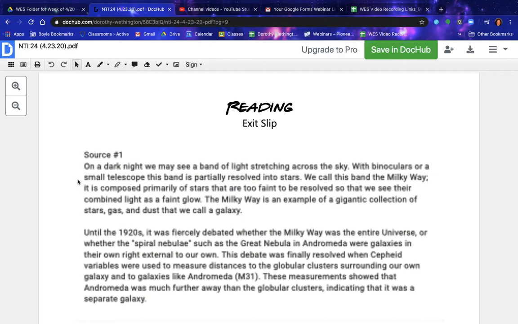With binoculars or a small telescope, this band is partially resolved into stars. We call this band the Milky Way. It is composed primarily of stars that are too faint to be resolved, so that we see their combined light as a faint glow. The Milky Way is an example of a gigantic collection of stars, gas, and dust that